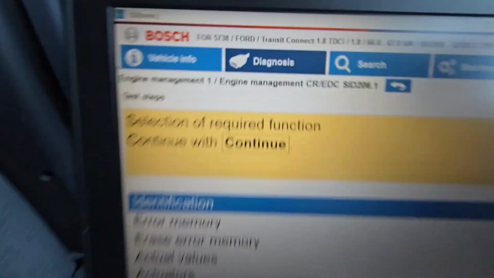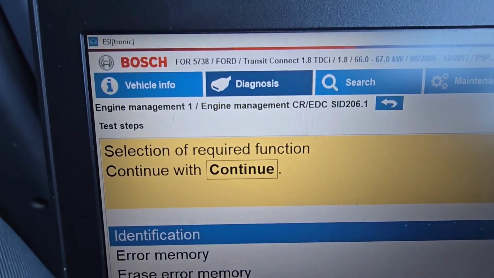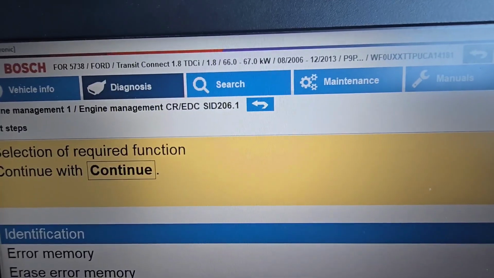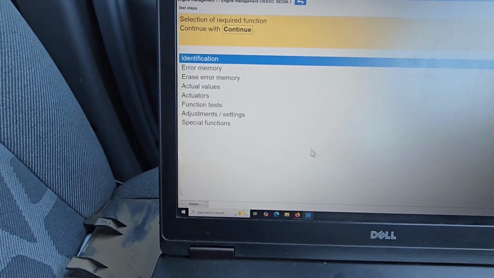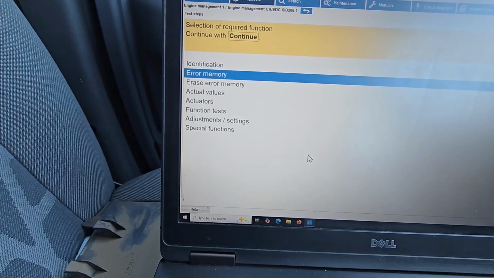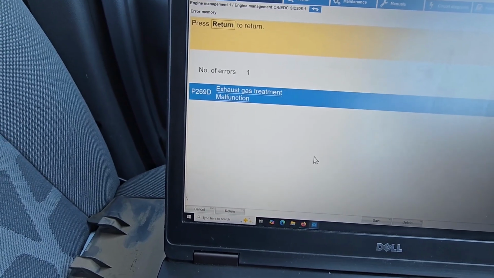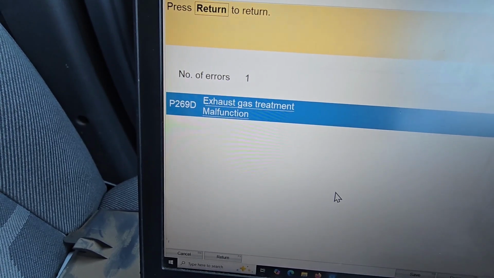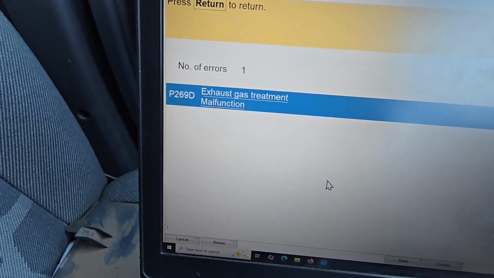So that was the engine ECU we're dealing with, the SID 206, and it is Ford Transit Connect 1800, like I said. P9PC I think was the engine code. So we have exhaust gas treatment malfunction. Okay,